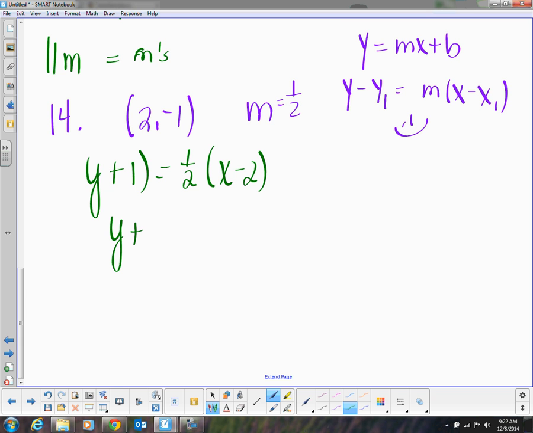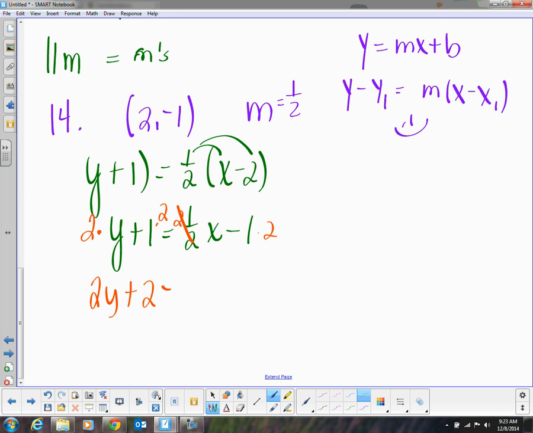So I have y plus 1 is equal to 1/2 x. Now when I multiply half of 2, I get 1. I'm looking at these answers, and I see x and y are on the same side. And I see absolutely no fraction. So the first thing I'm going to do, you see my denominator? I'm going to multiply everything by what? 2. So you have 2y plus 2